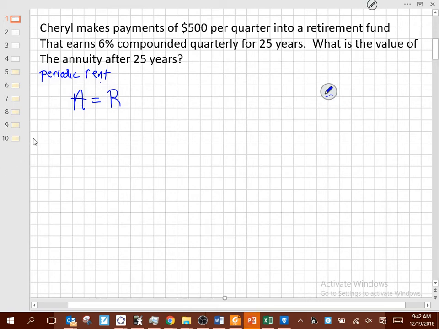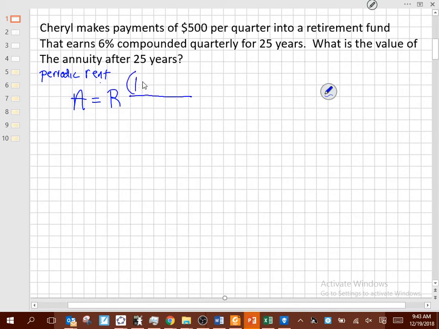So that's the repetitive or repeated investment. Okay, so we take that, and now we're going to multiply that by